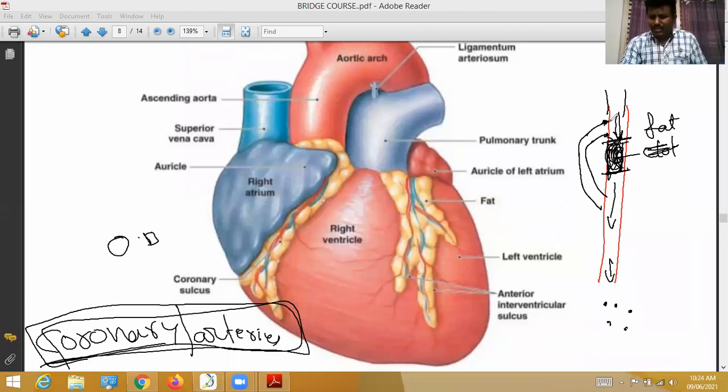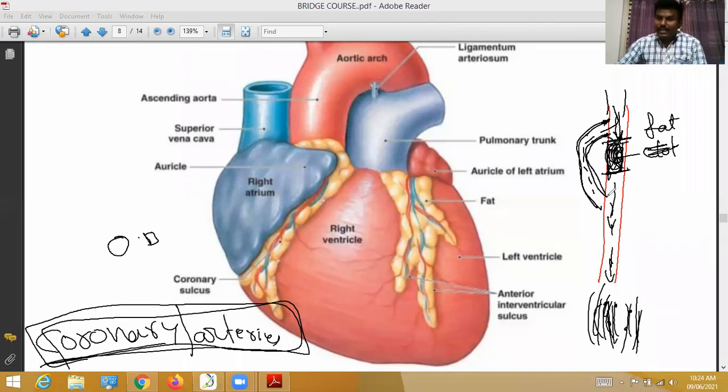Bypass surgery means what? Here, see, one blood vessel will be connected like this. So the blood through this direction comes to this direction rapidly. This is called bypass surgery. Bypass means what? If you want to go to the city, instead of the main road, we take another road. If you go through the bypass, we will reach the city quickly.